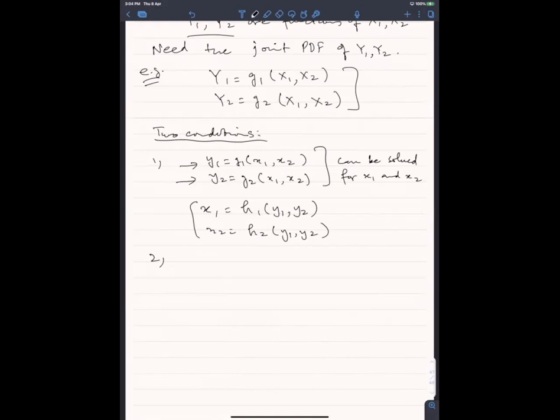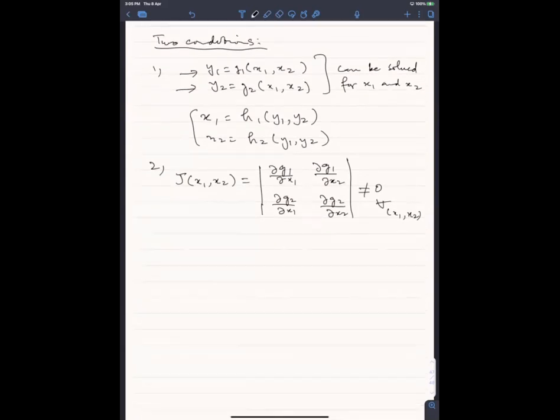The determinant is non-zero. I define the determinant as J = | ∂g1/∂x1, ∂g1/∂x2; ∂g2/∂x1, ∂g2/∂x2 |. If this determinant exists and is non-zero for all x1 and x2, then we can find the joint PDF of y1 and